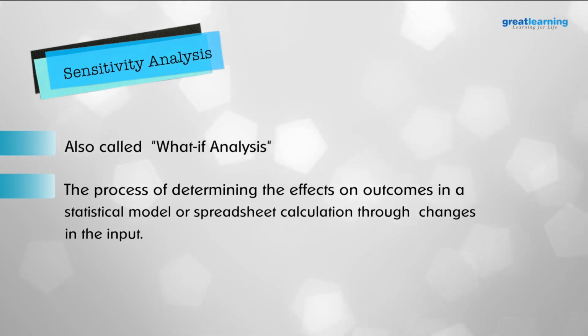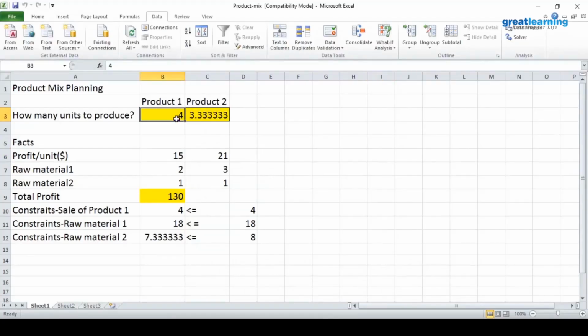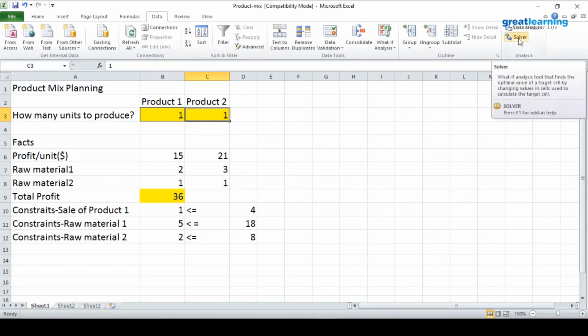So let us interpret the sensitivity analysis of the output given by Solver for this illustration. First of all, let us address how the sensitivity analysis is done on Solver. Let us go back to the initial part where I put the trial values. Once again, run Solver. In other words, back to the original problem formulation and then invoke Solver now.